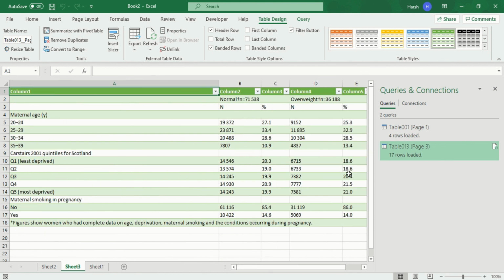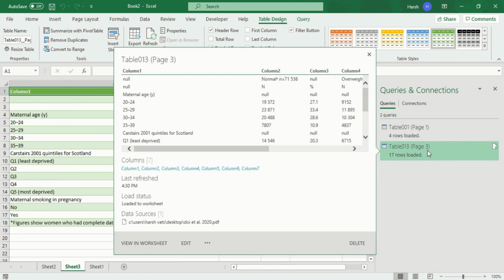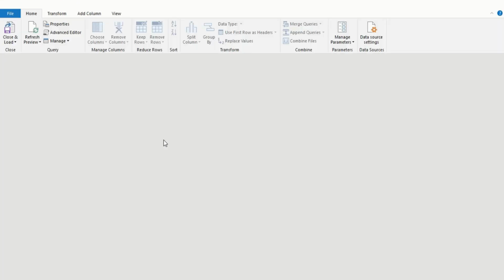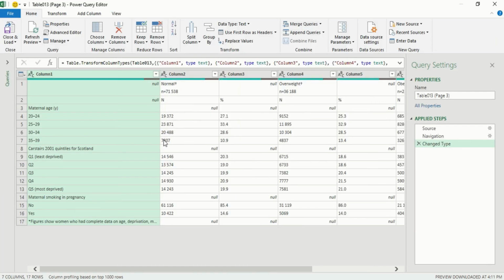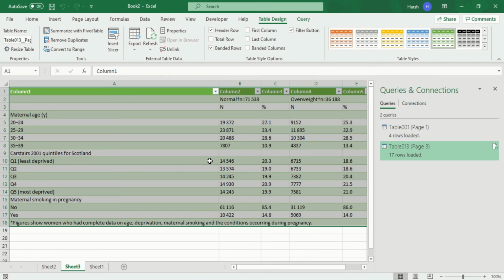If you have to transform that data, you can double click on it and again it will take you to the Power Query editor, and in there you can do the editing on your own and make changes in your data. After making changes in your Power Query editor, you will be returned to your Microsoft Excel, which is this. So this is how you convert the data available in a PDF file into your Excel.